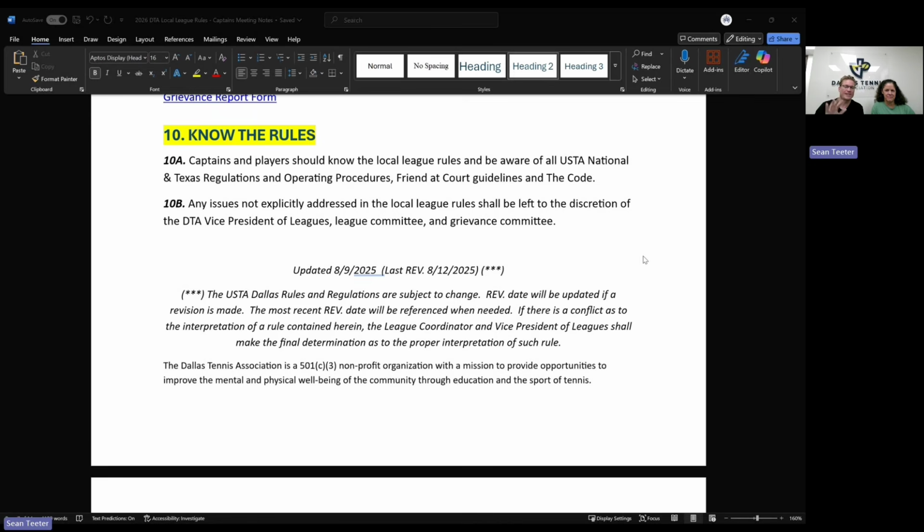Okay, so anything that's not in the rules that you want to go over with the players? Well, I want to remind captains that you are the captain. You are the manager of your team. So it's up to you to make sure your teammates or players know the rules, follow the rules, and also check in. Make sure that you know whether or not they have played on a team in another local league, that they are no longer qualified to play in Dallas, because it's easier if you know that and you can communicate that to us. That way we can catch things ahead of time instead of after the fact.